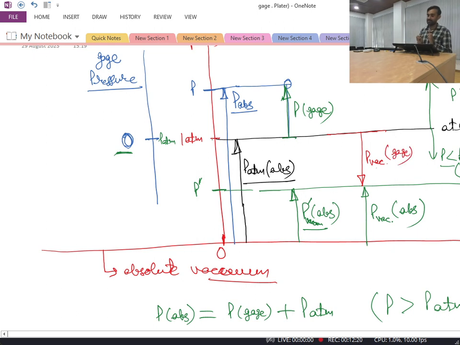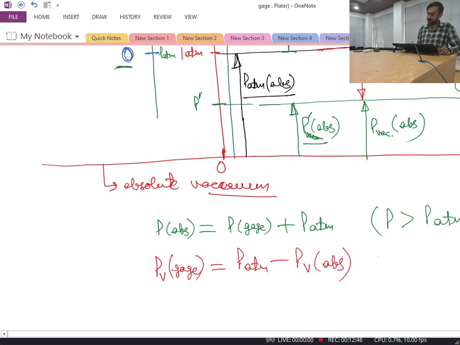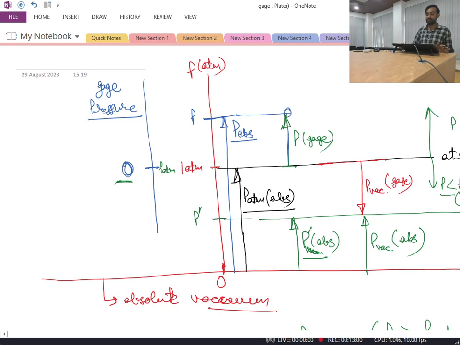Okay, so typically if you see from this, I can say that this whole magnitude up to this point is P atmospheric, and then this magnitude is nothing but absolute. So I can say that my P vacuum in gauge is nothing but equal to P ATM minus P vacuum in absolute. So this is another important relation for conversion between gauge and absolute scale. When we are operating in vacuum, it means our given pressure is less than the atmospheric pressure conditions. Okay, so this is one very important scale which we encounter